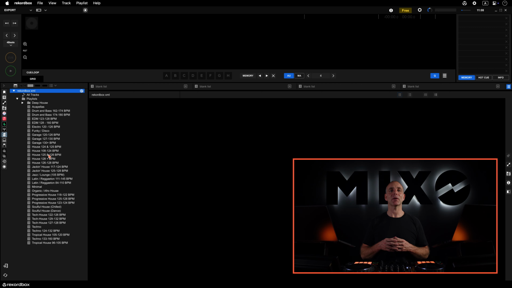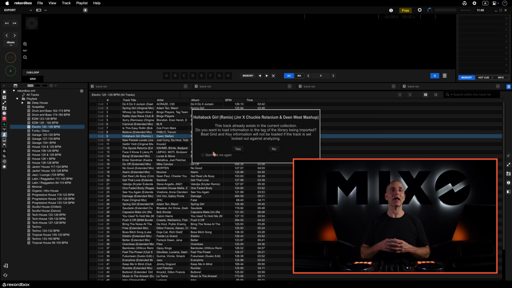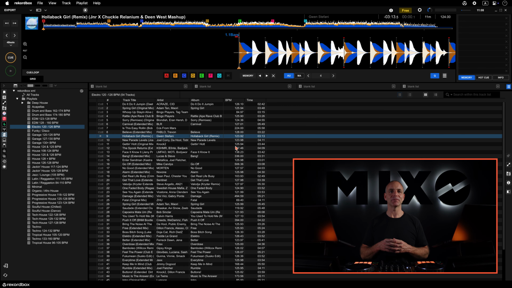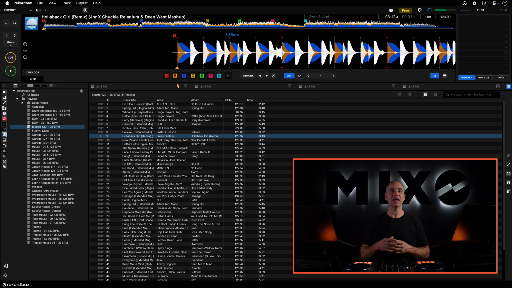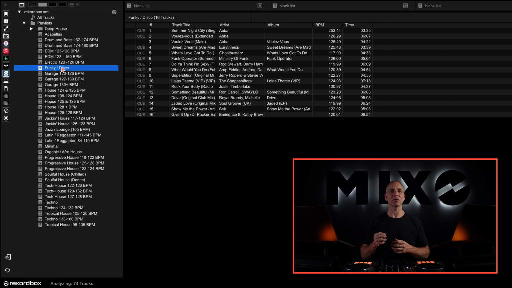As you can see here, the playlists have all been imported and are ready to use in Rekordbox. We can drag any track to the deck, play it, and off we go. You may need to select all your tracks and drag them into the collection to update them if the XML hasn't been refreshed when you re-import your library. Be sure to check that one.